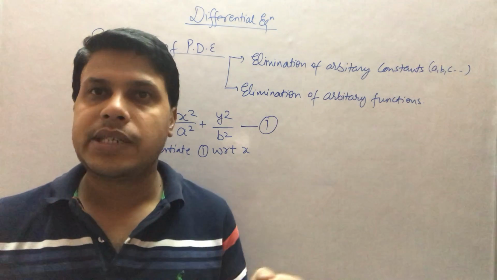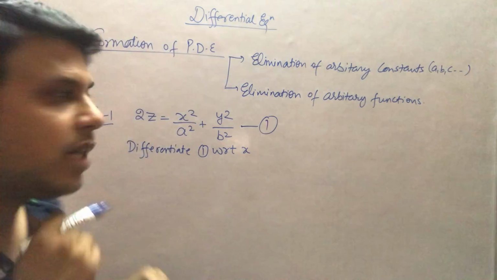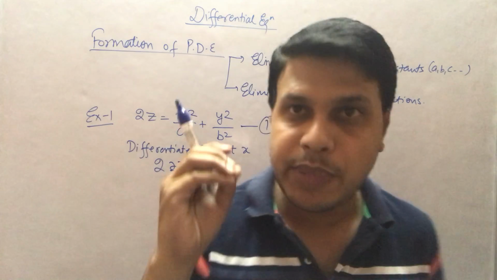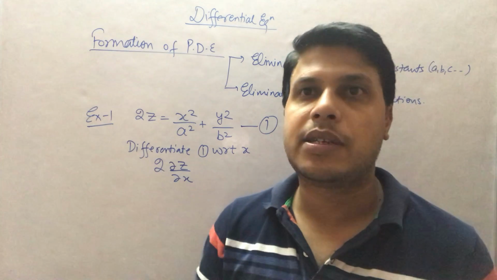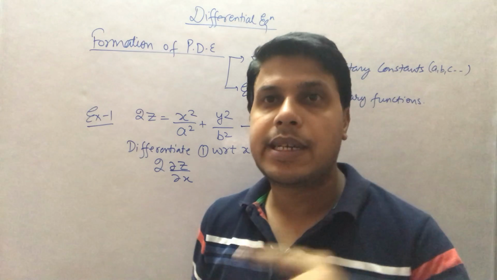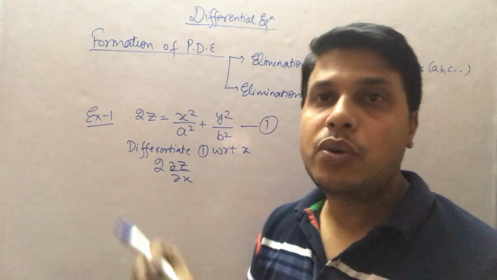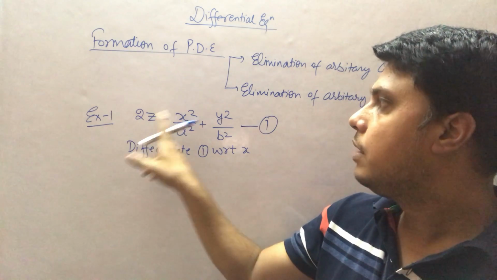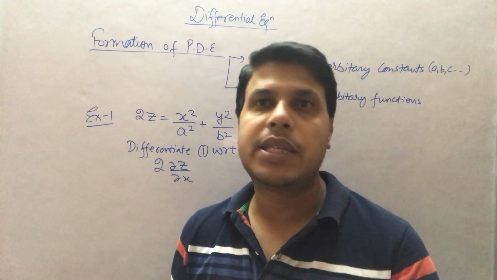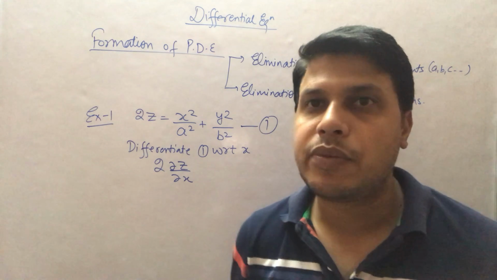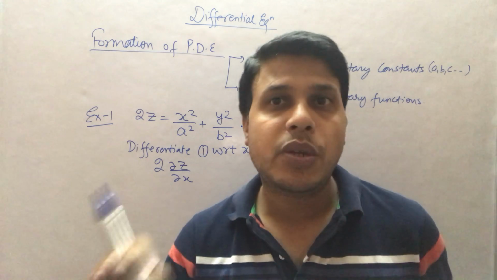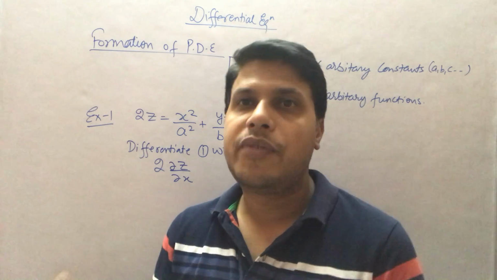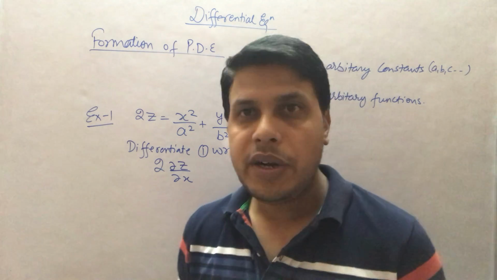First of all, we are going to differentiate equation number 1 with respect to x. So what will be the value? Now we have to think precisely that it is going to be partial differentiation, because z depends upon two variables x and y. If it were a function of only x, then it could have been an ordinary differential equation. But you can see that z is a function of x square and y square, or simply x and y. So we are going to use partial differentiation. I am repeating these things again and again so that you can understand where to use partial differentiation and where to use ordinary differentiation.